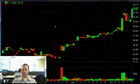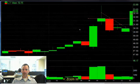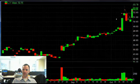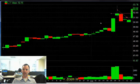here's a 3-month chart. Anytime a stock has a big move, like a catalyst on October 8th, a big up move on some positive drug news, and then it moved from $48 to $50.50. The following day it peaked out at $53.50. Anytime you see a huge move on huge volume like that, what you look for over the next 3 or 4 trading days is some type of pullback, settling in,